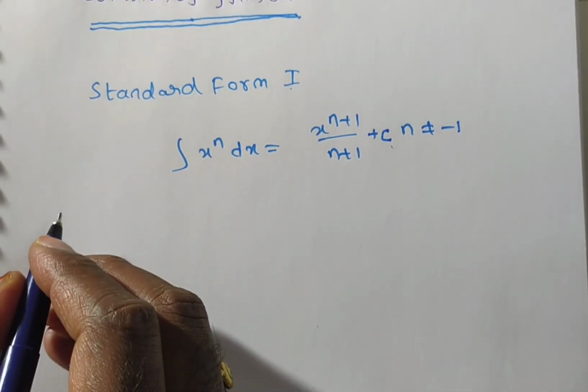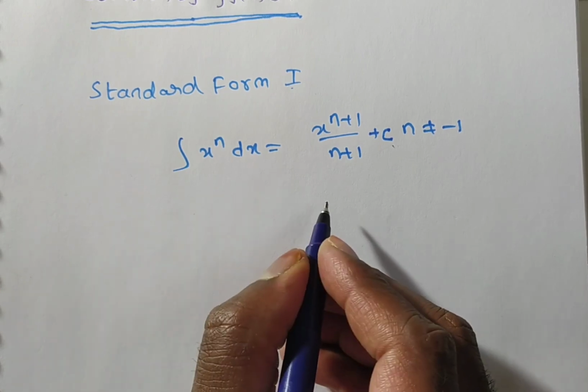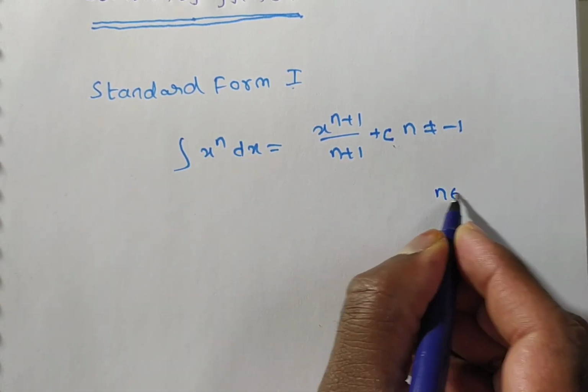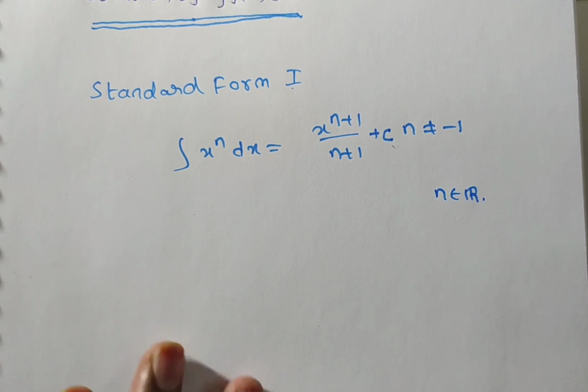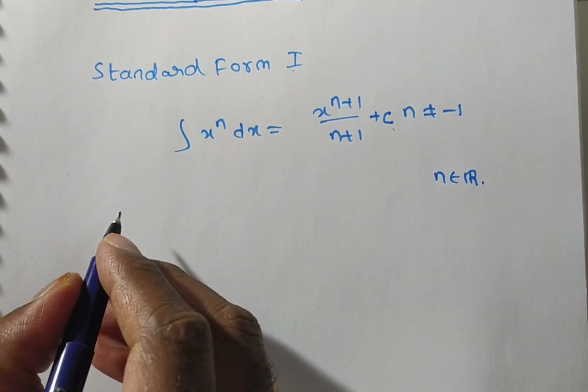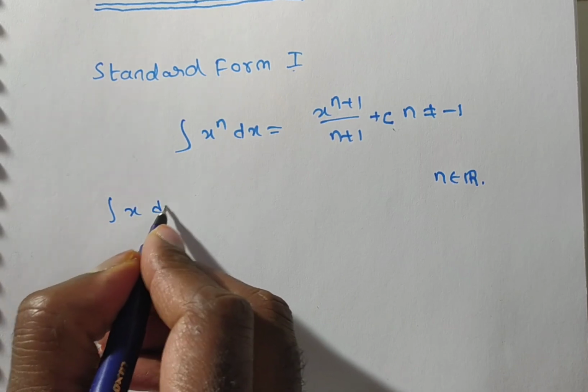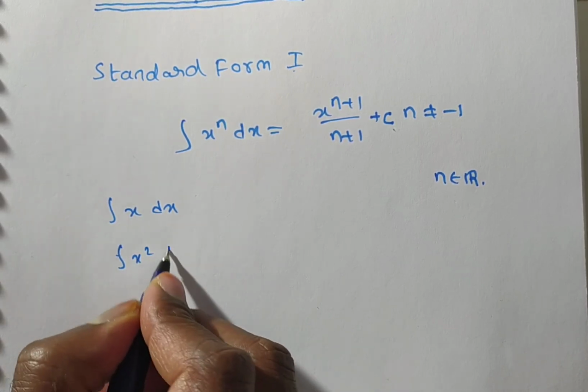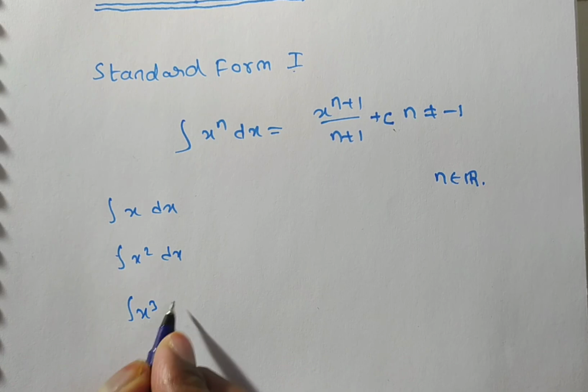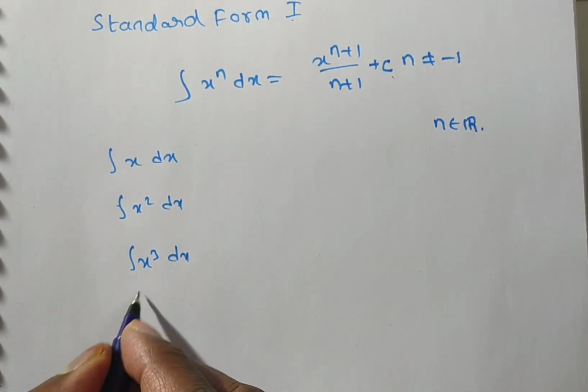For example, now what about n here? n is any real number. We are discussing special cases, real numbers only, right? Real numbers means first start with the natural numbers. Suppose if n is equal to 1, then you will get x dx, n is equal to 2, x square dx, n is equal to 3, x cube dx, n is equal to 4, x to the power of 4